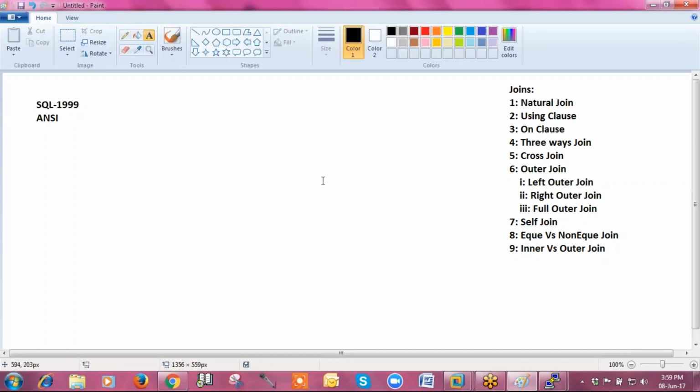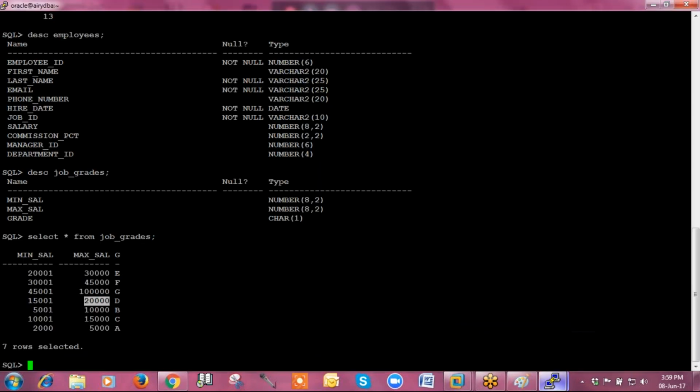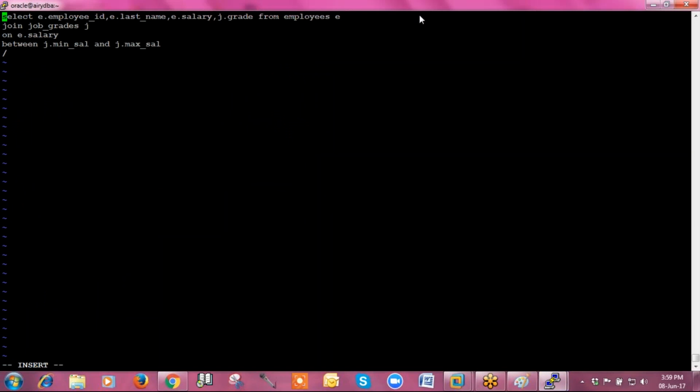Is that the only format for using the non-equi join, or is there any other format as well? Like you compare the salary or number with a range of other numbers, is there any comparison like we can compare alphabets or strings as well? Yes, you can use the LIKE keyword, or BETWEEN, depending upon the scenario. If the scenario says you are not using the equality operator, the queries are generated automatically on the basis of the scenario.